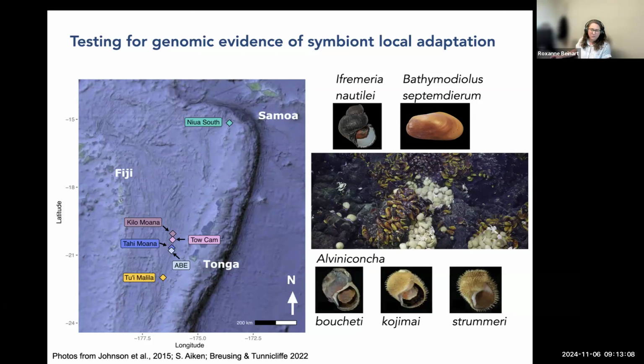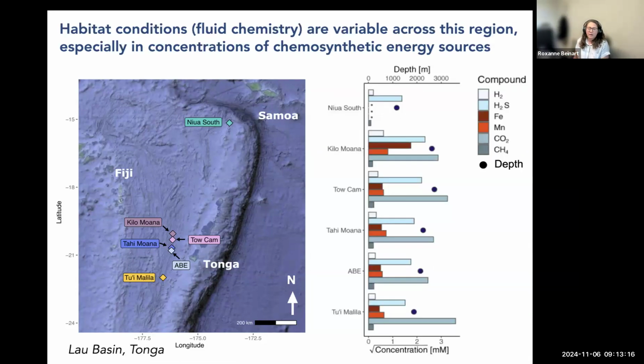And so this is a map of just some of the vent fields in the Lau Basin, but those that we are focused on in my lab. And so the great thing about the Lau Basin is it provides this natural laboratory for chemical conditions varying within a pretty small region. And so we find that if you look at the sites along the Eastern Lau Spreading Center,